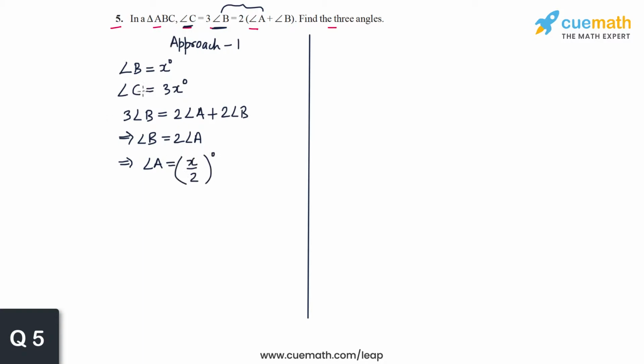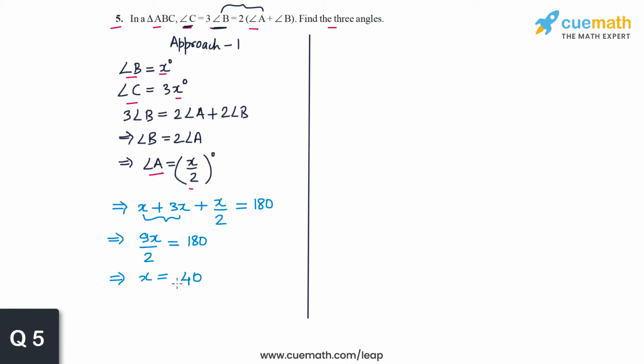So what I've done is I have written all the three angles of the triangle in terms of this variable x, and now I can use the fact that the sum of these three angles should be equal to 180 degrees, and this means that x plus 3x plus x by 2, the sum of the three angles, should be equal to 180. And what do I get here? I get x plus 3x is 4x, and 4x plus x by 2 is 9x by 2. So 9x by 2 should be equal to 180, or x should be equal to 180 into 2 by 9,